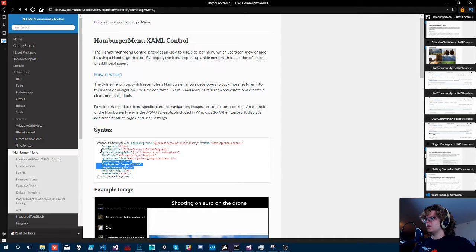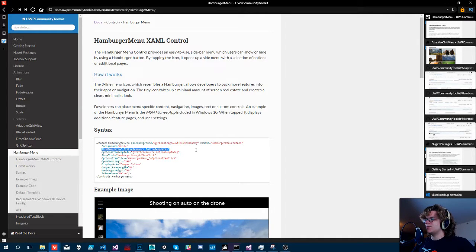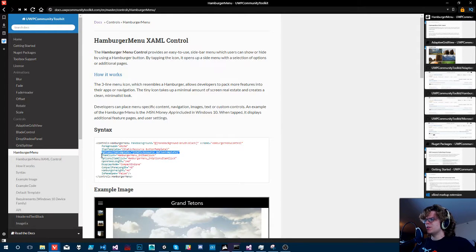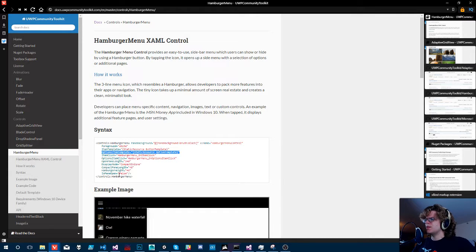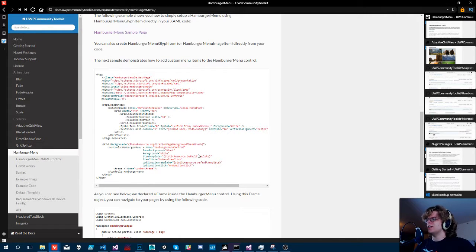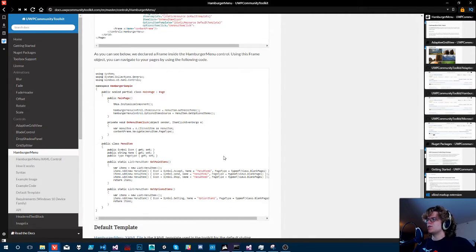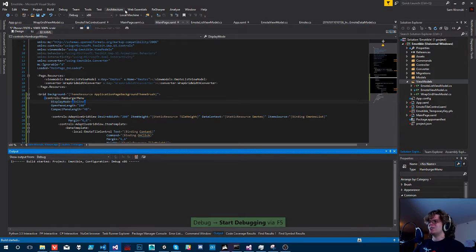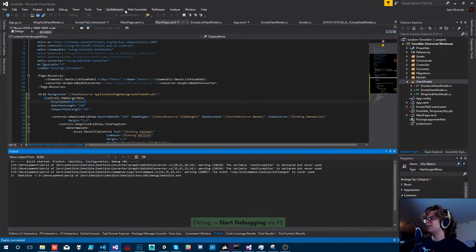So what we're going to need is an item template, an options template, an item click, an option item click, and then is pane open. And I think we have to do all of that ourselves, which is kind of a pain, but it shouldn't be too hard. We just need a list, which I can make. There's one thing I can do, it is make lists. It's practically my job. So we've got a display mode,